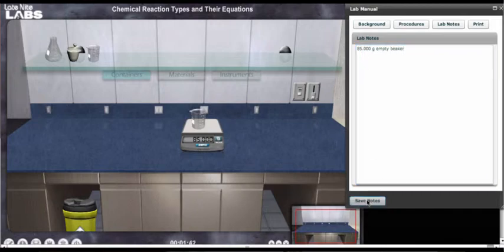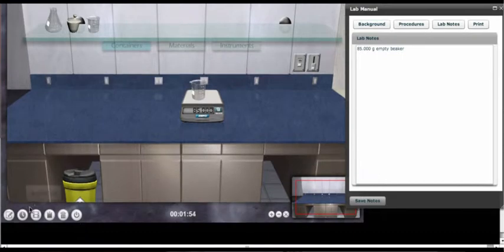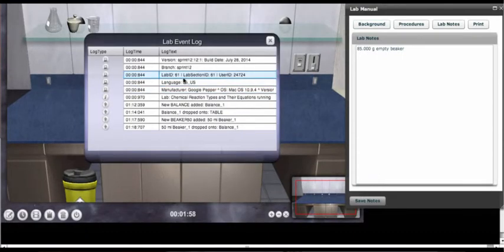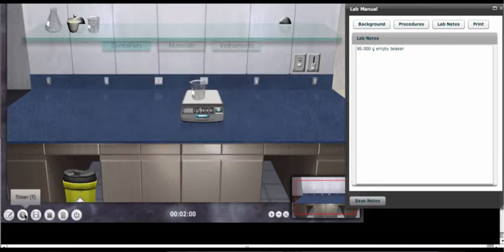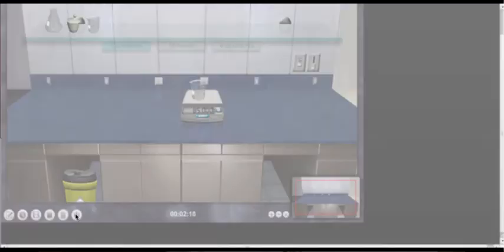Save your notes, and then I see these notes that you take, and those are 10 points of your 20-point lab. It consists of you showing work in this notes area. The rest of it comes by looking here at the bottom. You have the log of all your activities, the timer, media player, the manual, which you see already. You could clear the table, or you can exit the lab. When you're finished, you exit the lab,